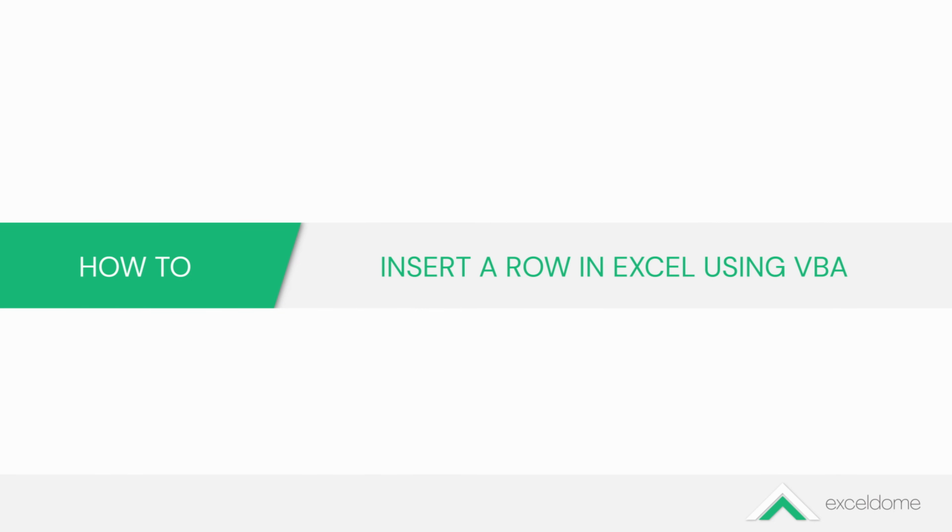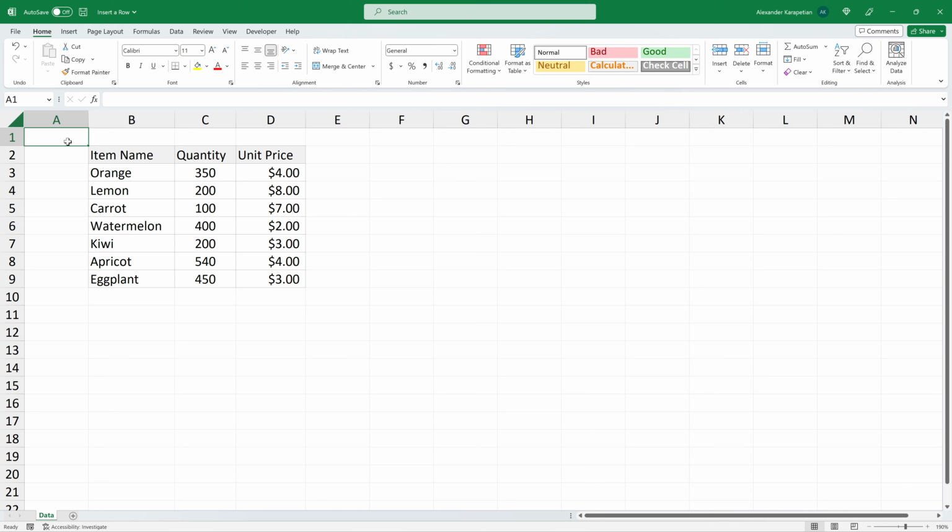In this video, we're going to look at how to insert a new row in Excel using VBA. In this example, we're going to be using this table here that lists fruit and vegetables, quantity, and its unit price. And what we're going to do here is to insert a new row in row 5, just under lemon,